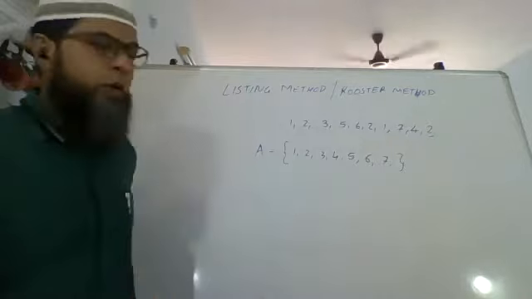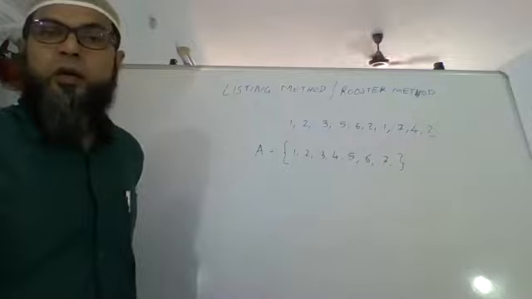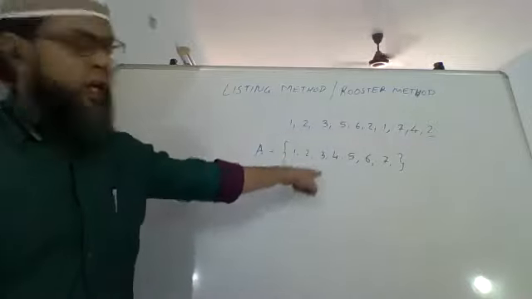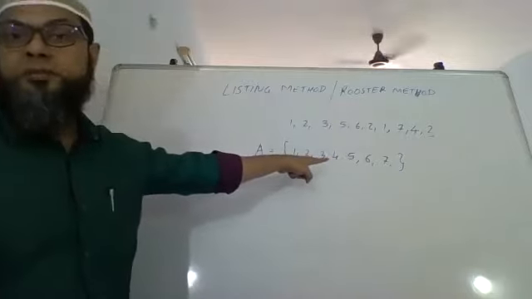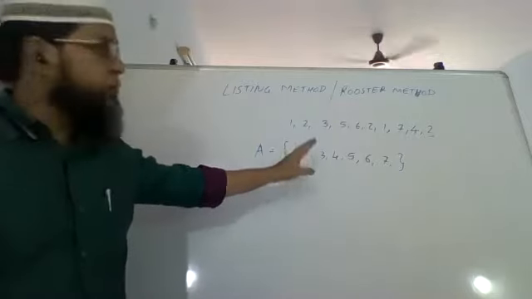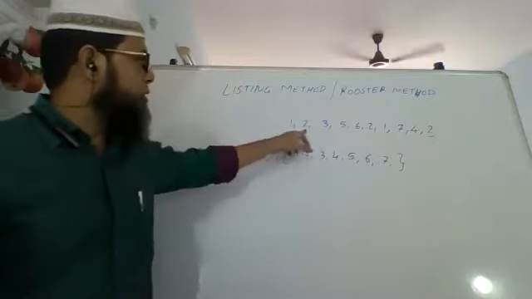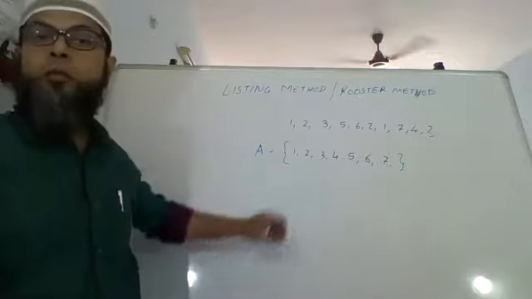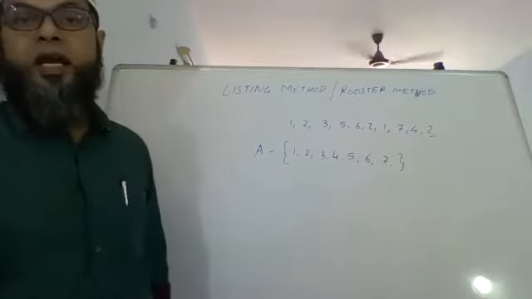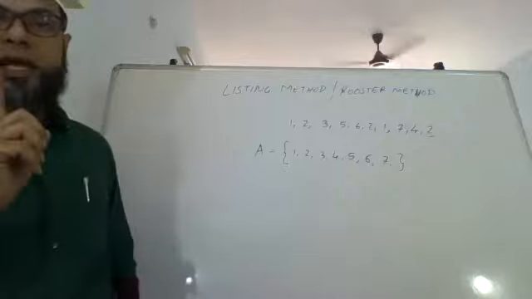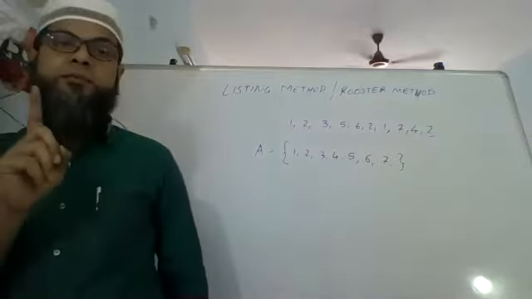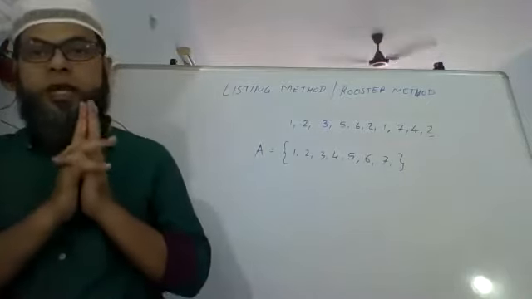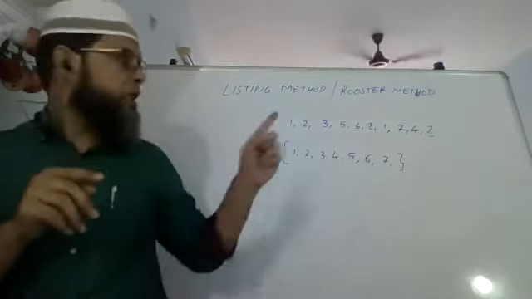So A equals to, curly bracket 1 comma 2 comma. We will see that the element is not written twice. The element might come 3 times, it might come 4 times, 2 has come 3 times, but I'll write 2 only once. I'll not write it more than once. Okay, the element has to be written only once. एक ही बार लिखना है उसको, एक से ज़्यादा बार नहीं लिखना है, कितनी भी बार आए वो. In the set we will write it only once, same thing.